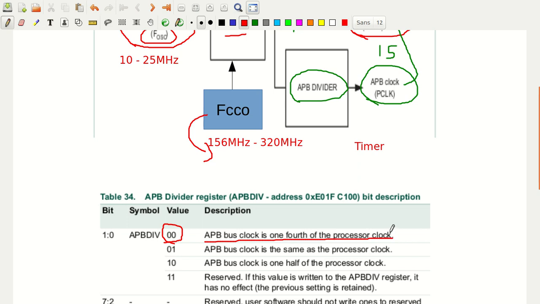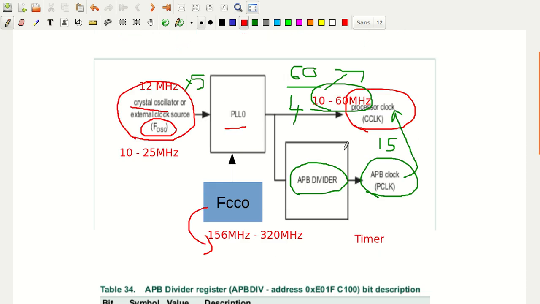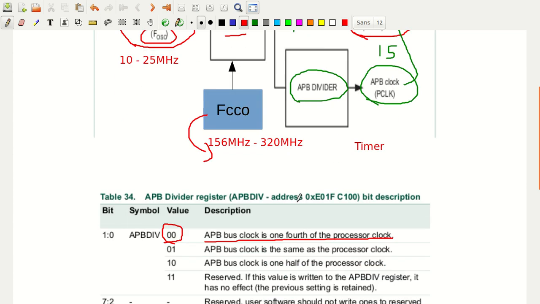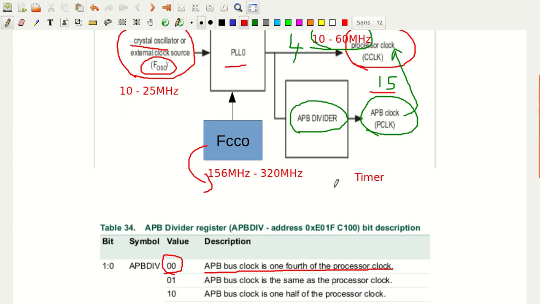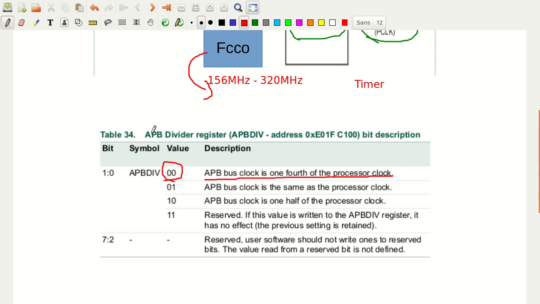By default it is 00, as we looked into in the ADC, where the processor clock was divided by 4 and we got the peripheral clock of 15 megahertz. We didn't write any value to the APB divider register, because it is not required. By default it is 0 only. So when it is default, the 60 megahertz is divided by 4, and we get 15 megahertz. But for our case we have to divide differently.